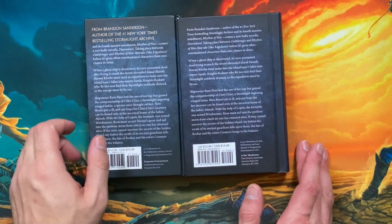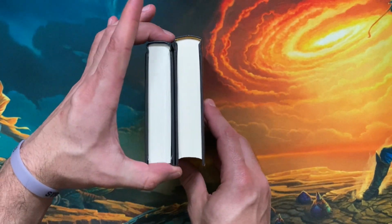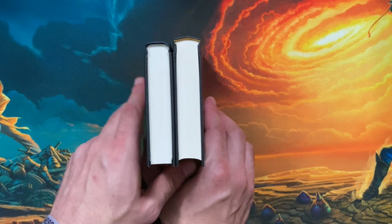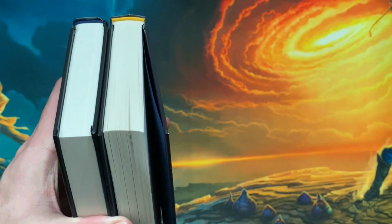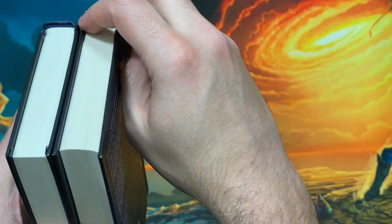And one last thing to look at before we get into the guts of the book is that the Dragonsteel edition is very slightly less deep than the Tor edition, and the binding is much straighter across, whereas the Tor binding has a little curve in it, and it has a blue headband, which is the name of this little piece up here, something I just learned the other day, for the Dragonsteel edition,